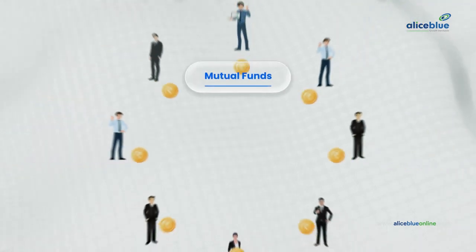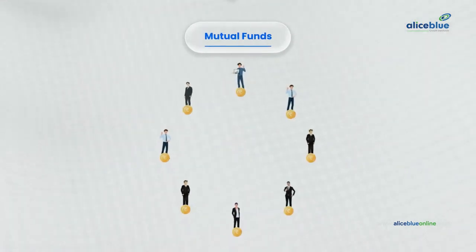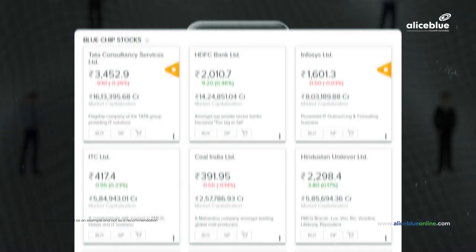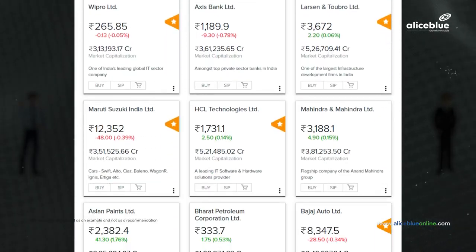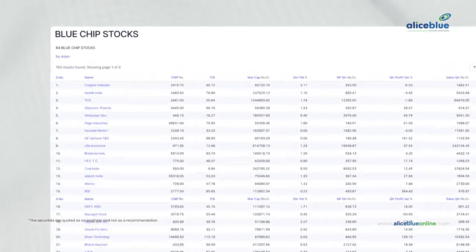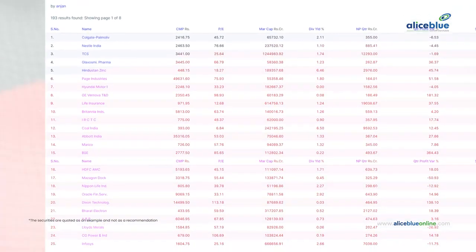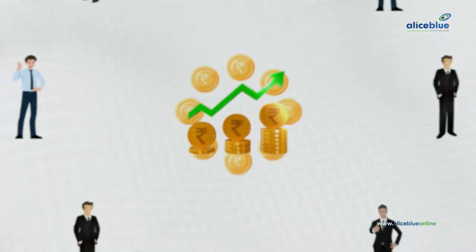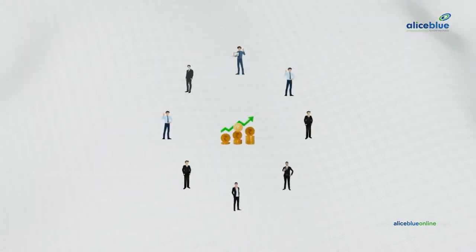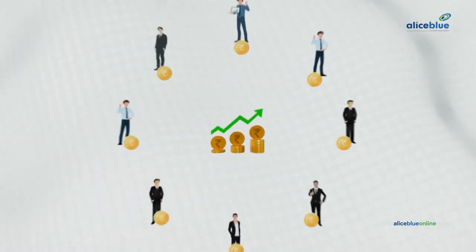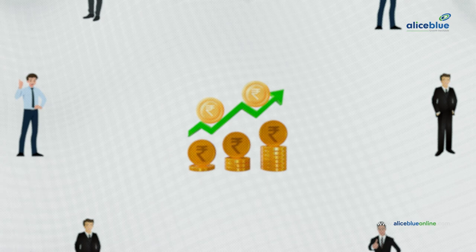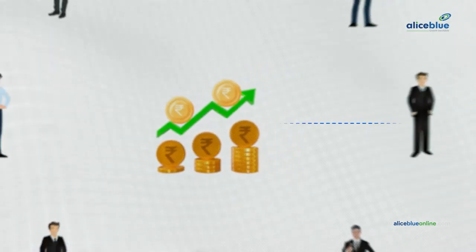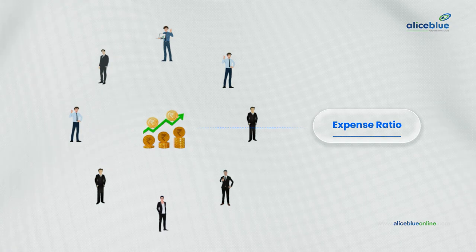Mutual funds collect money from different people and invest this money into certain blue chip companies, such as all of these. So in short, all the safe, reliable companies which we know have a lower chance of going bankrupt. Now, whatever profit they receive, they distribute this amount back to the investors. But they also keep some money for themselves because they are not running a charity. This money that they keep to themselves is called the expense ratio.